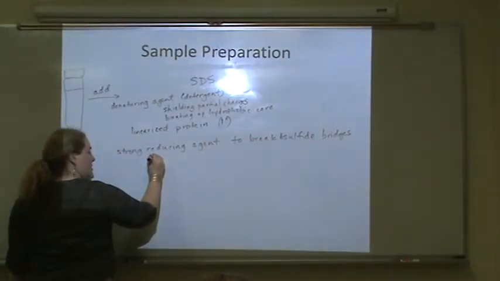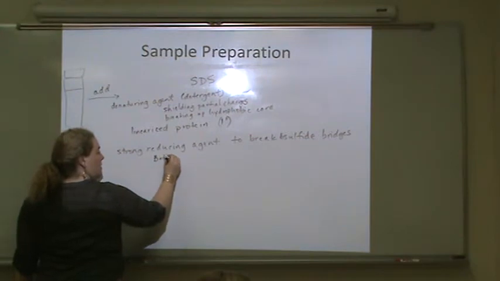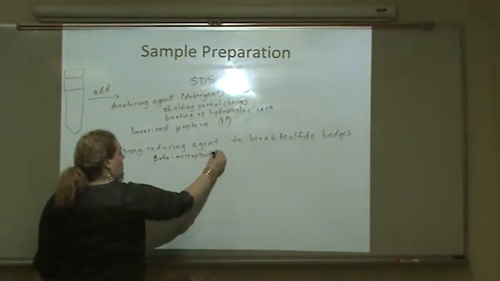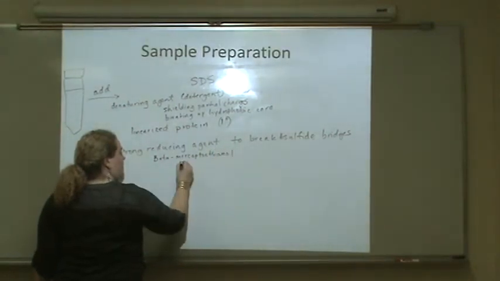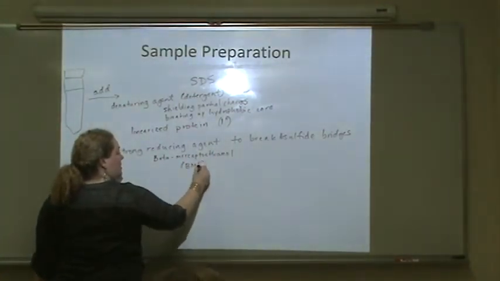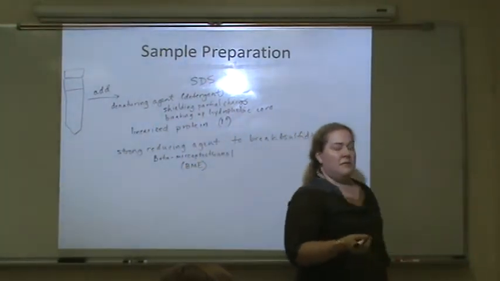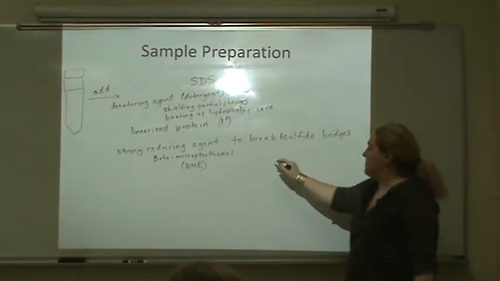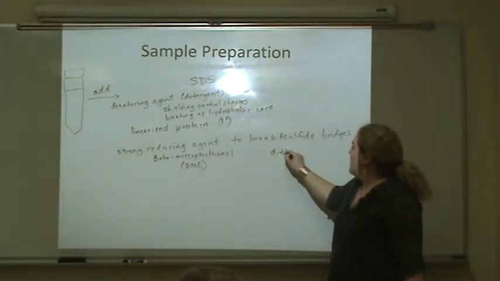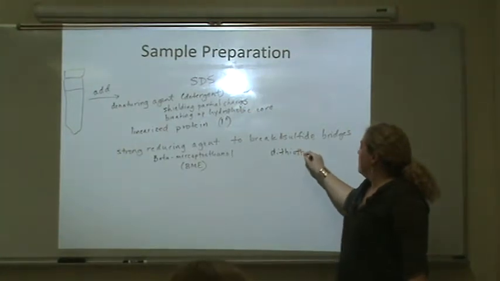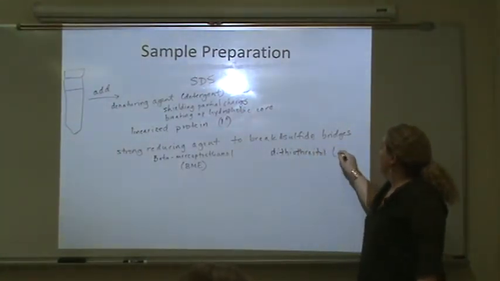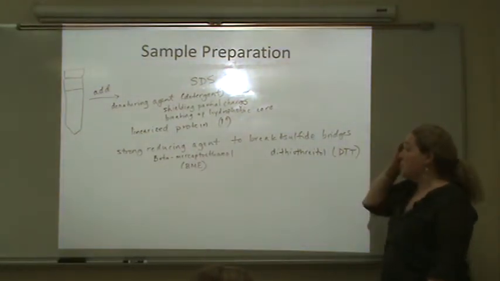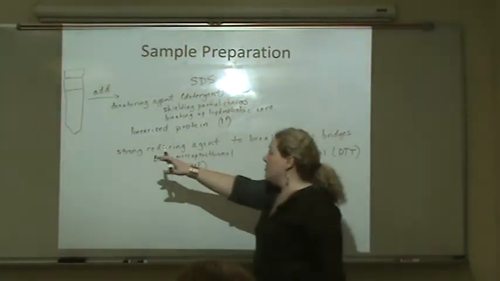Some examples of this are beta-mercaptoethanol. If you've ever done DNA work in a lab and it stinks, it's because of this. It's a reducing agent. Or another one called dithiothreitol, or DTT. And those are reducing agents that you put into protein samples to help linearize whatever proteins are in